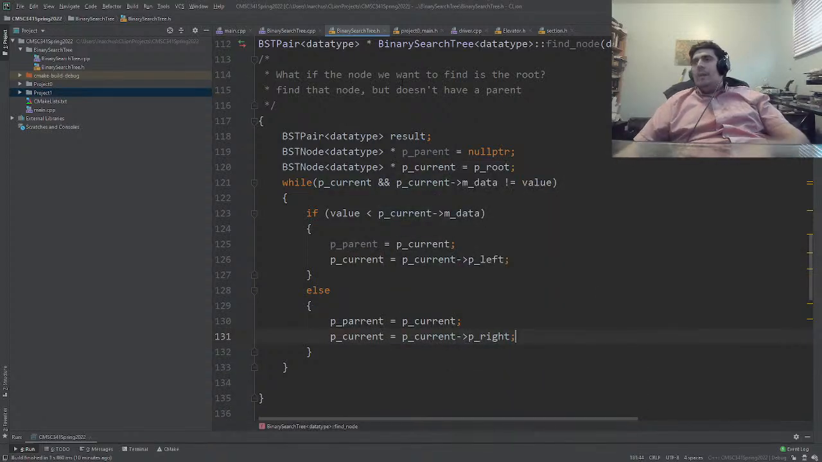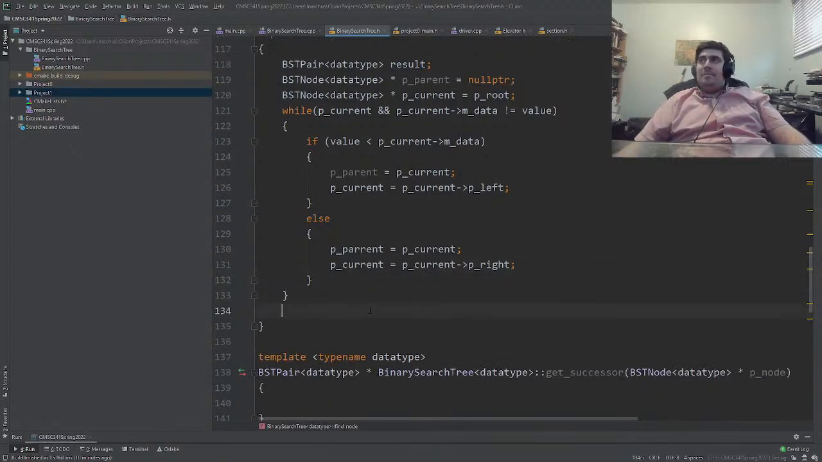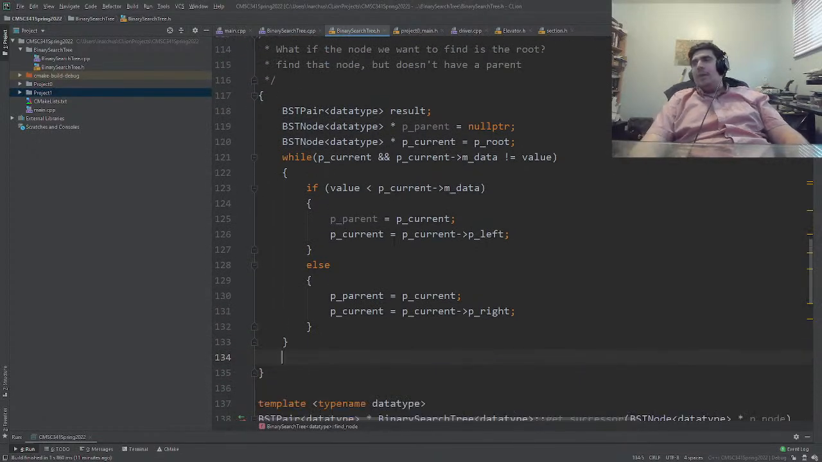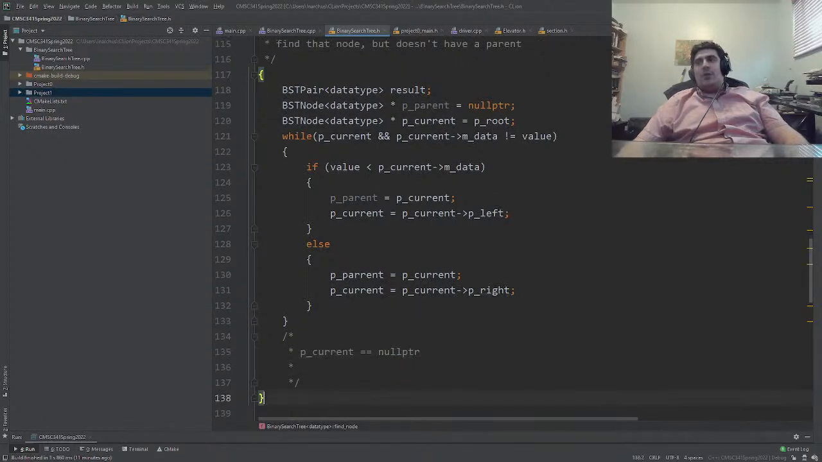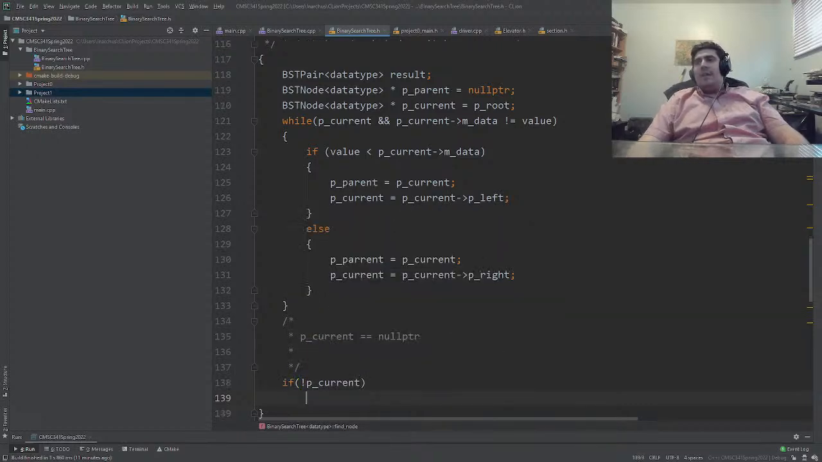There we go. So that's all we really have to do, I think, in order to find it. So I think the thing here is, we have to think about all the possibilities, right? Like, what if we don't find it? So what if p current is equal to null pointer? Basically, we get all the way down to a child. So then what we do is we just return. So we say if not p current, right? We return